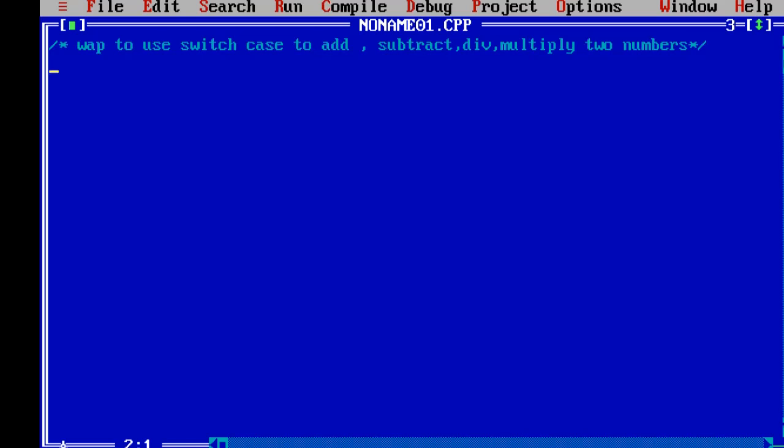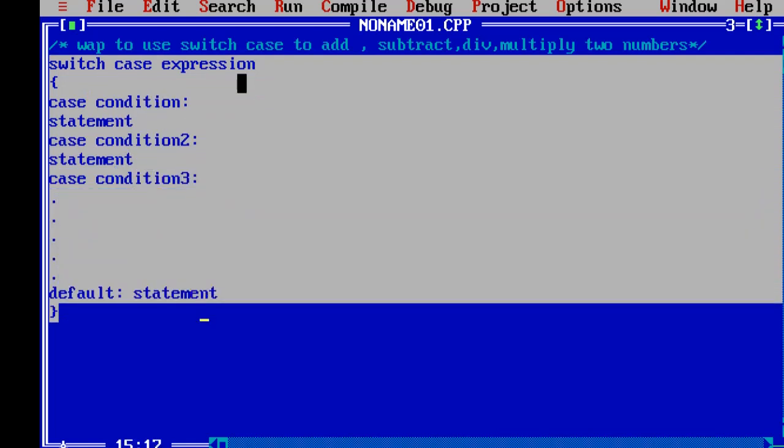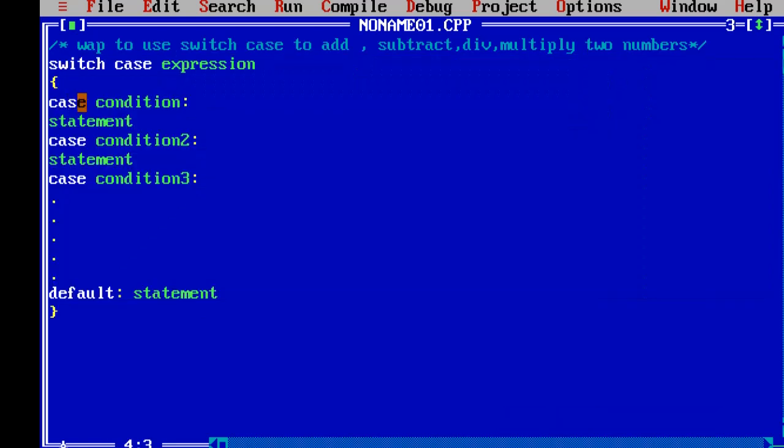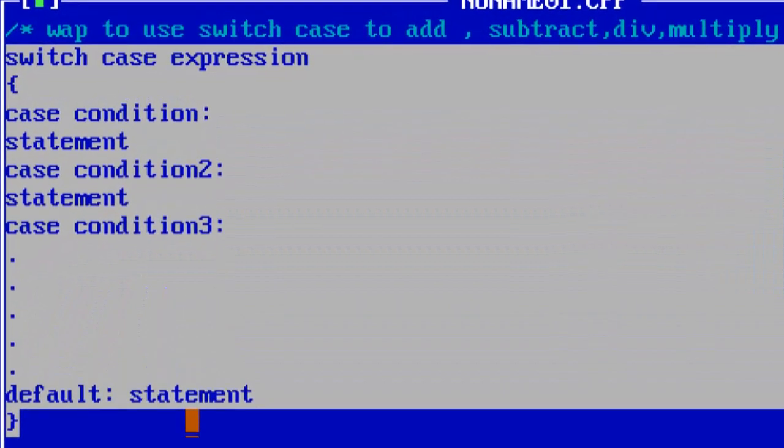First of all, you should know how switch case will work. So switch case will work like this. Switch case follows like this: switch, expression, and case. That means compulsorily the spelling case, case and case. This is the syntax for switch case, right?